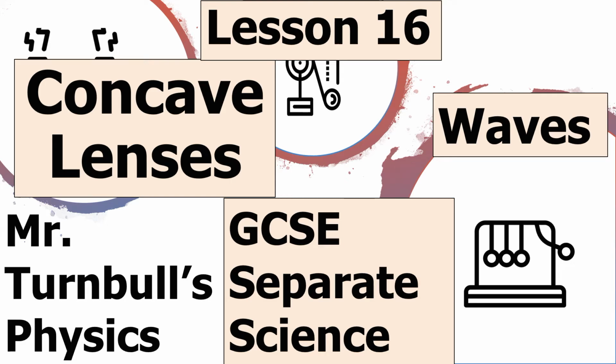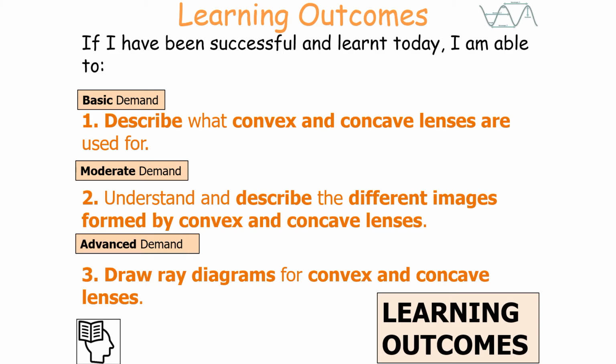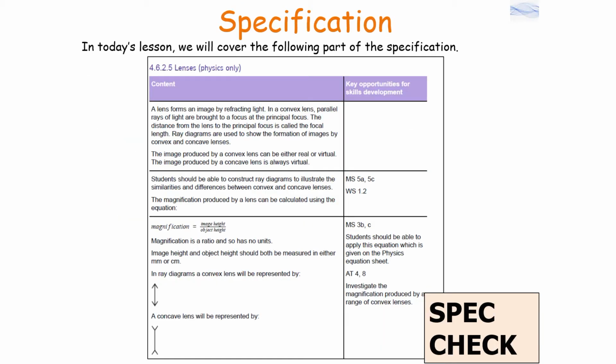Hello and welcome to today's lesson where we're going to look at concave lenses, which is part of the waves topic in GCSE Separate Science Physics. If we're successful in today's lesson, we should be able to draw ray diagrams for concave lenses, describe what concave lenses are used for, understand and describe the different images formed by concave lenses, and draw ray diagrams for concave lenses, which falls into the following part of the GCSE